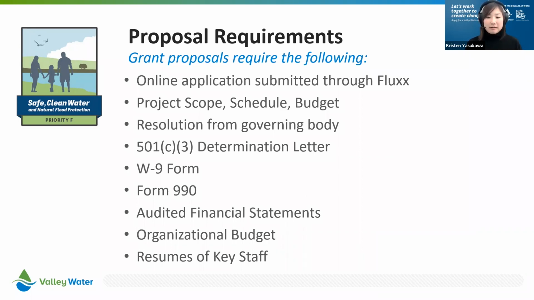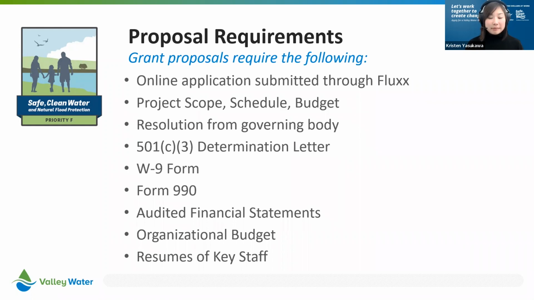So click on that button and then that will go to the application, and it will also include all of the proposal requirements in addition to some questions, and then a section to upload all of these supporting documents. Everything in detail, again, is in the standard grant guidelines, but we'll go through them right now briefly.